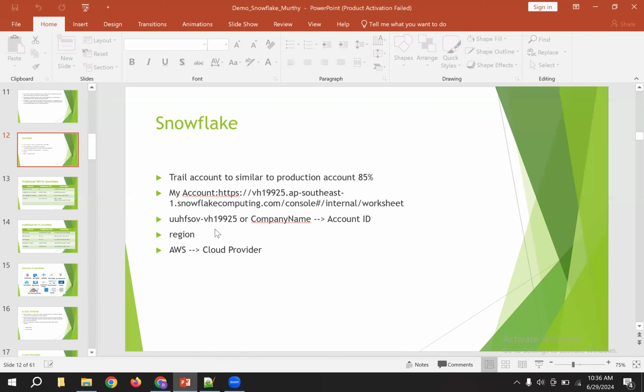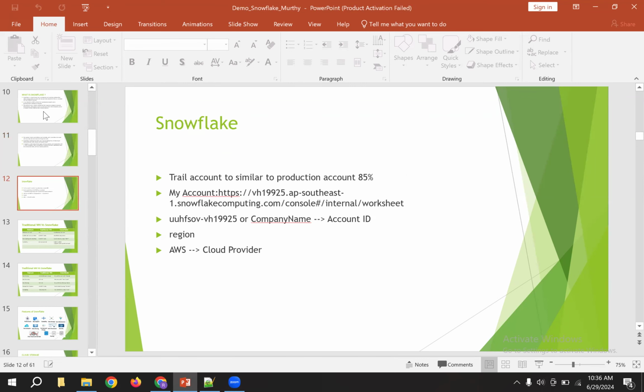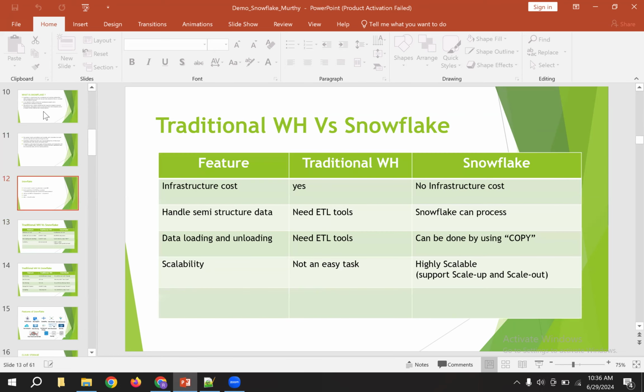So we are going to create an account. It is a trial account, valid for 30 days, guys. Once you create an account, it will be valid for 30 days. Again, you need to create a new account after 30 days. With the same mail ID also you can create one after 30 days.